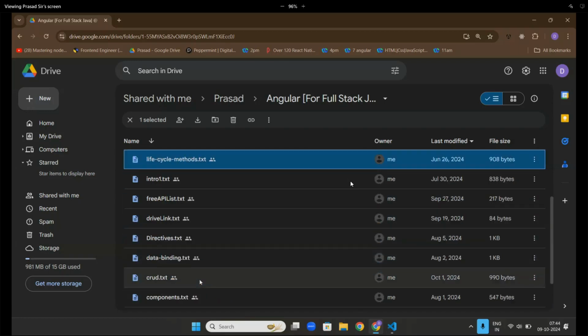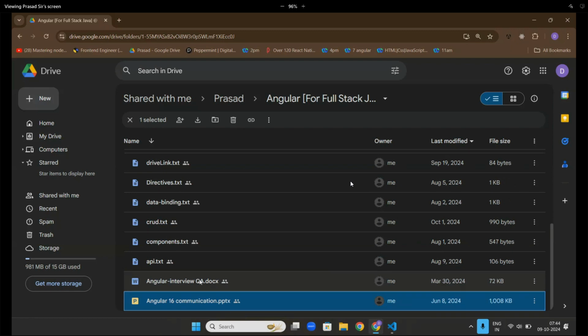What more do we need to see? Pipes, forms, RxJS, services, TypeScript. These were the major things. Regarding the notes, for the final project we don't have any notes, but until RxJS the notes are available in the drive and also on GitHub. Interview questions are also here, so have a look. Notes will not be deleted after the completion of the course. Notes and the GitHub repository will be available for the next 3 months.